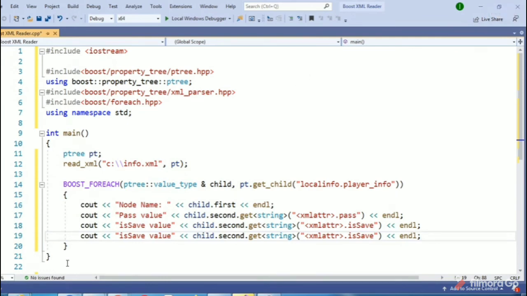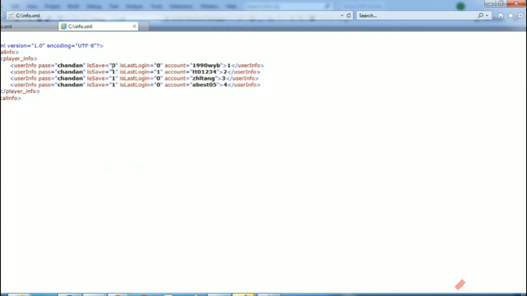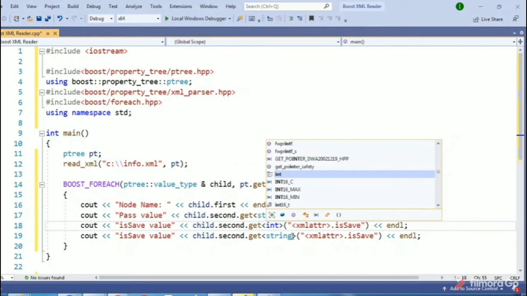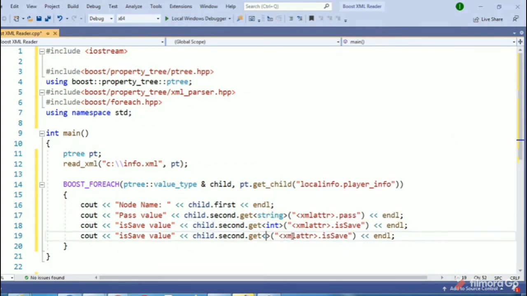But one thing is that these values are integers and this is a string, so we have to use int here instead of string, and also the int here, and we will have to use the attribute name. And then we have to use return 0.